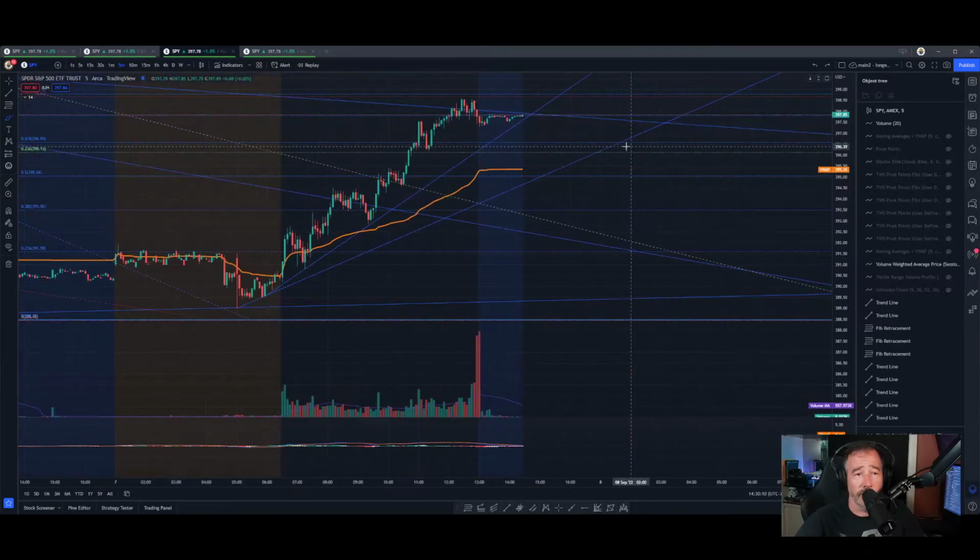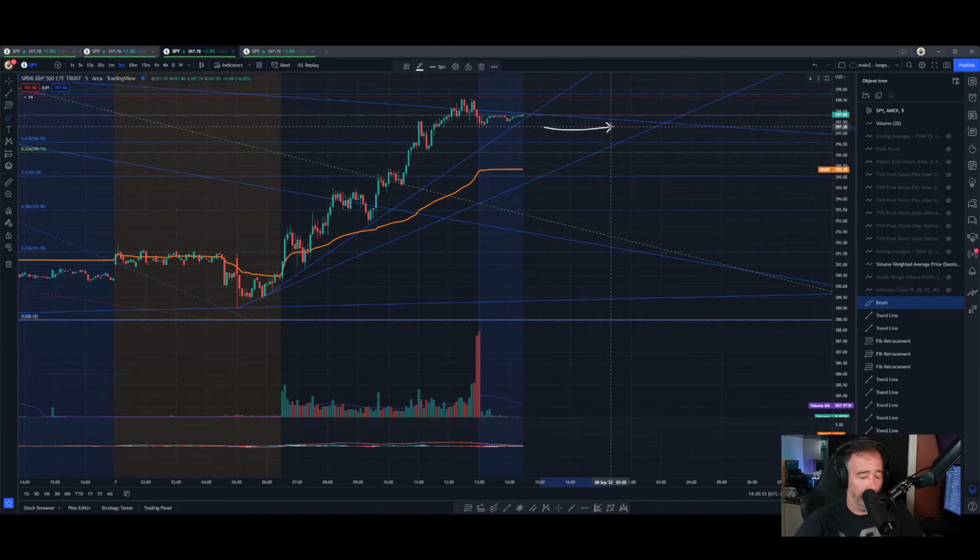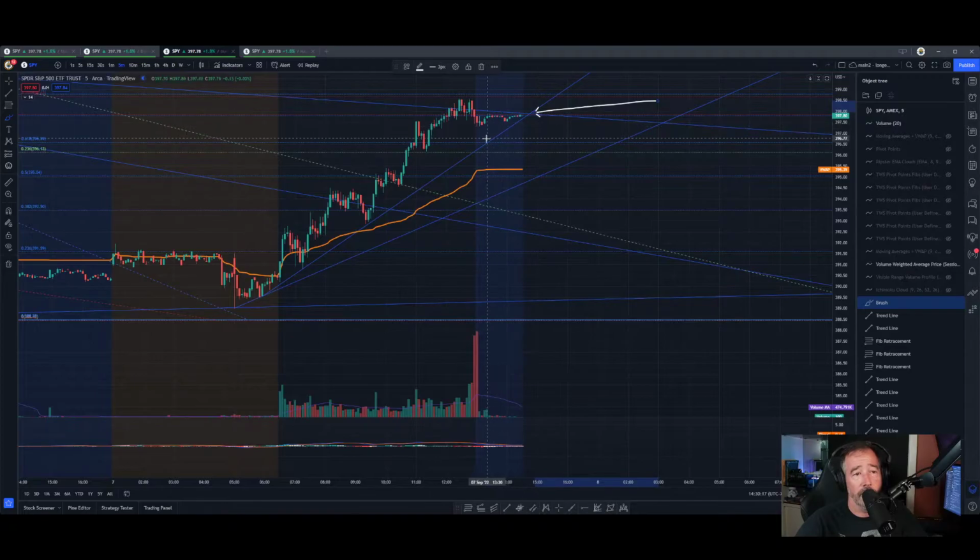And so if you notice, we're coming to a head right here. So this is our trend line from today. If we break that, if we continue to move across, there's a chance we could start to pull back. We could come back down to this 23%. There's so many things that could occur, right?